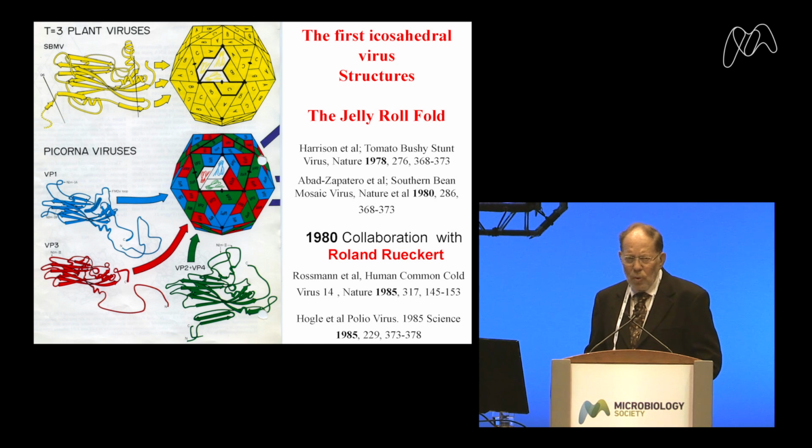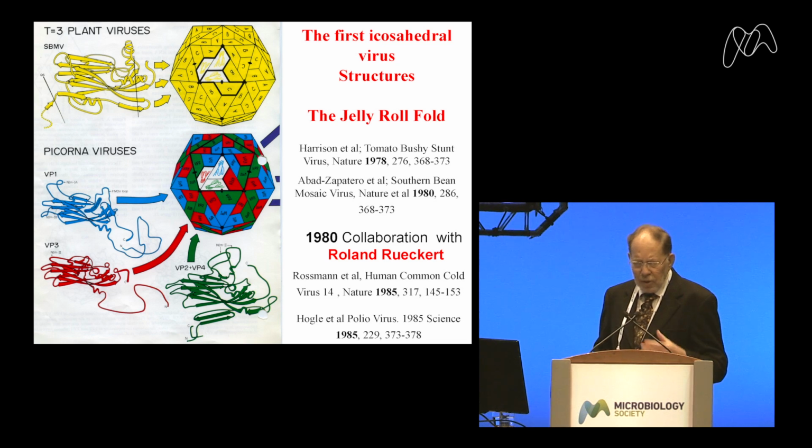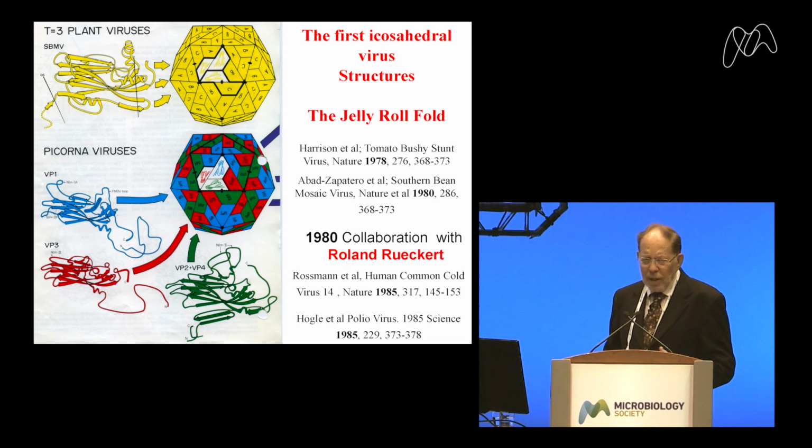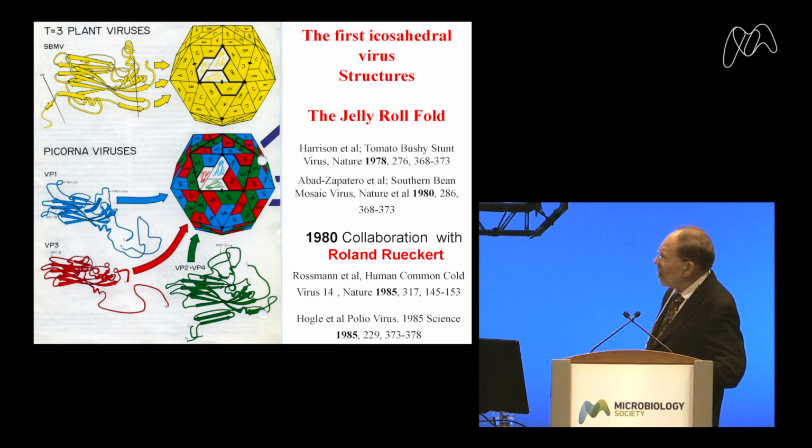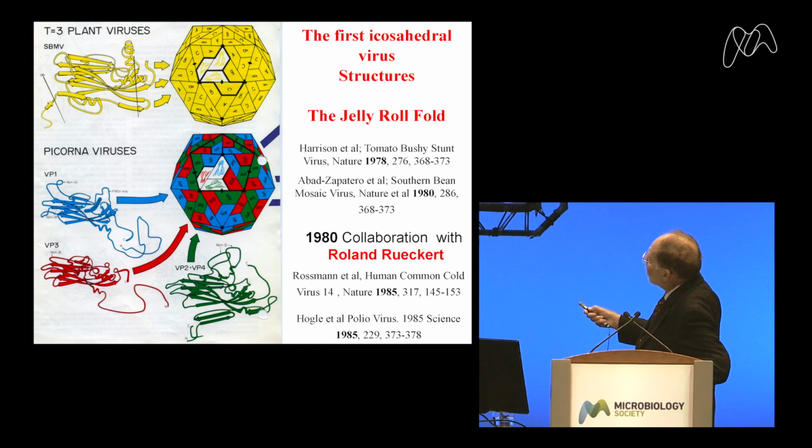Caspar and Klug suggested schemes in which identical subunits could be arranged in at least quasi-identical ways. So if there were, say, not 60 but 3 times 60 subunits, that would be triangulation number 3. And these plant viruses had a triangulation number of 3. You can see in the triangle, this is the icosahedral asymmetric unit, and we have 3 different yellow subunits with this fold. They were covalently identical sequences, but they were arranged in this way.